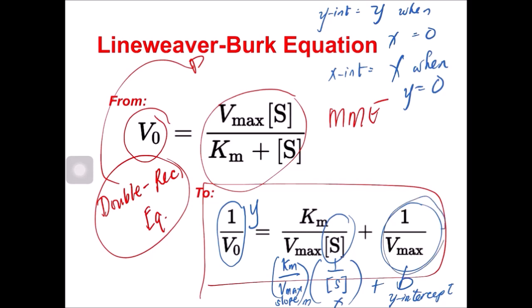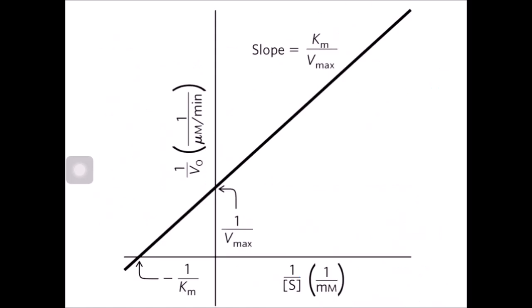So that represents the y-intercept, 1 over Vmax. And pag x-intercept naman, that is 1 over substrate concentration. By converting the Michaelis-Menten equation to the Lineweaver-Burk or double reciprocal equation, we can obtain this graph which is linear. So remember, 1 over V naught is the y, and Km over Vmax is the slope, m,